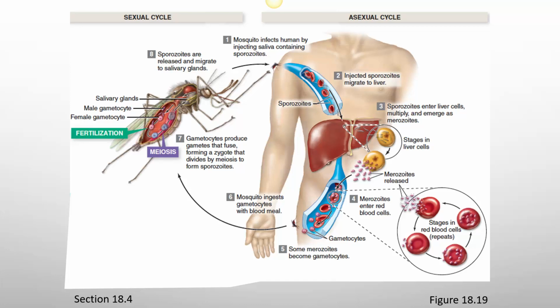So while they're sticking to your blood vessel walls, this parasite is replicating inside. And then as soon as it's done replicating, your red blood cells are going to burst, and that's going to release all of the merozoites from those red blood cells. When your red blood cells burst, it causes a sudden increase in body temperature, and that severe and sudden fever can sometimes cause convulsions. So people that are infected will have, kind of every 2 days, the rupturing of the red blood cells and the release of merozoites, which causes a spike in their body temperature and crazy convulsions.